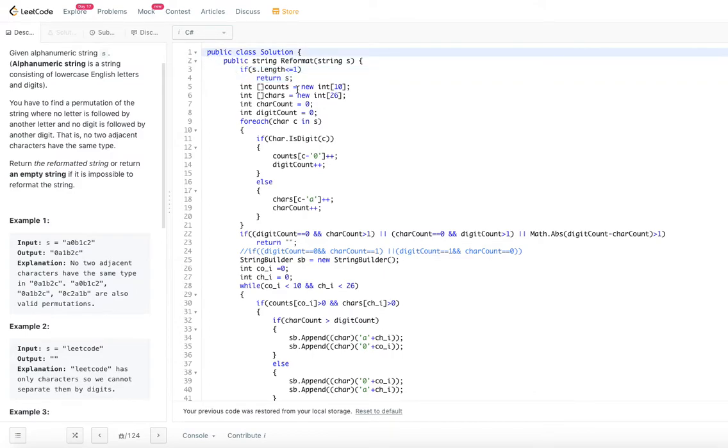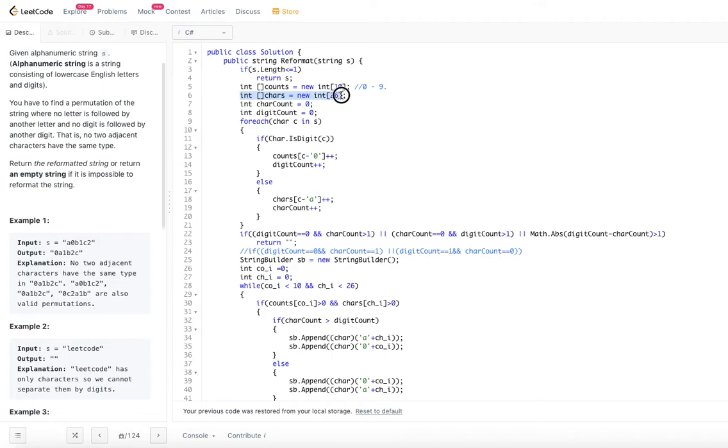In case of counts, we have digits 0 to 9, so I have an array of length 10, to keep track of how many times 0 occurred, how many times 1 occurred, how many times 2 occurred, up to how many times 9 occurred. So counts will have the counts of digit occurrences.